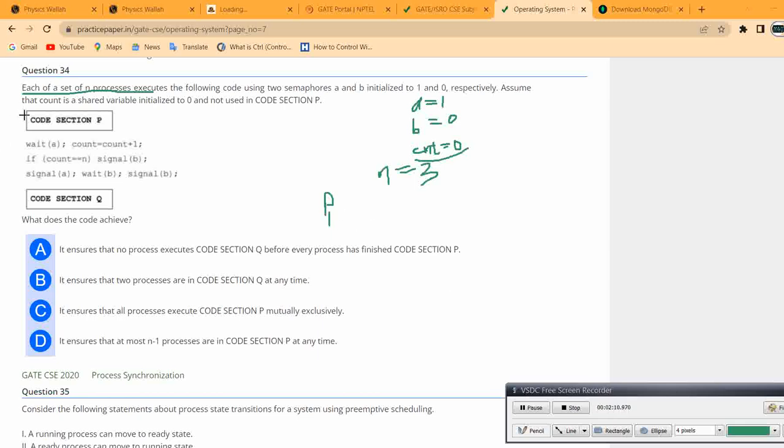it executes from here, code section P. It executes wait A. If we perform wait A, then the value of A becomes 0. We will perform count plus 1, the increment operation on count, and it will become 1. If count is not n, then it will skip this instruction, signal A. So here a question arises: if P2 wants to access the critical section before P1 signals A,